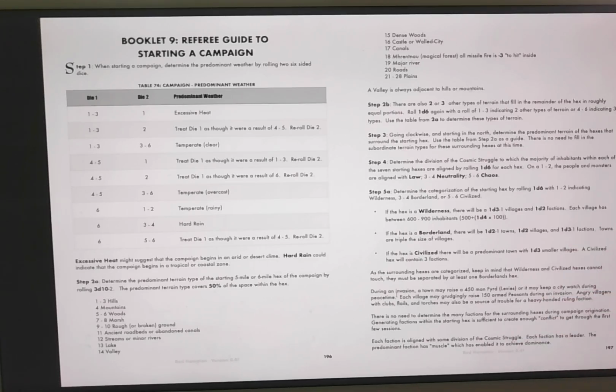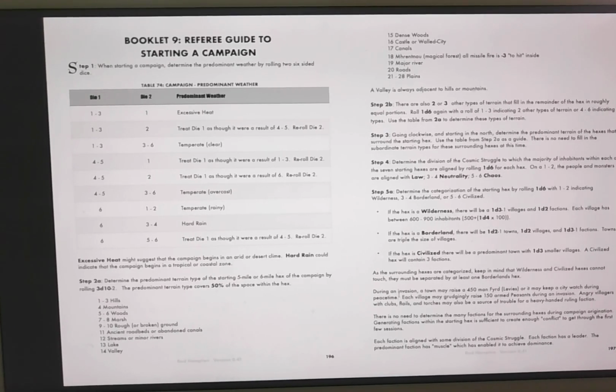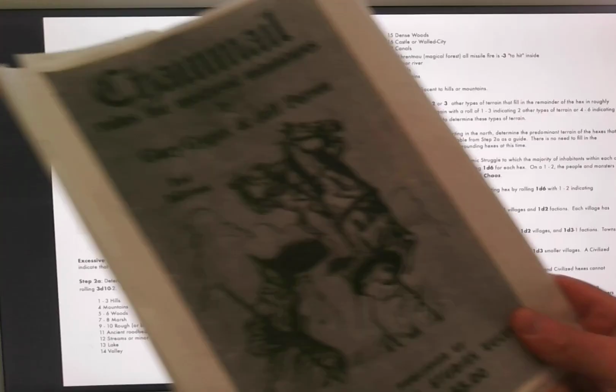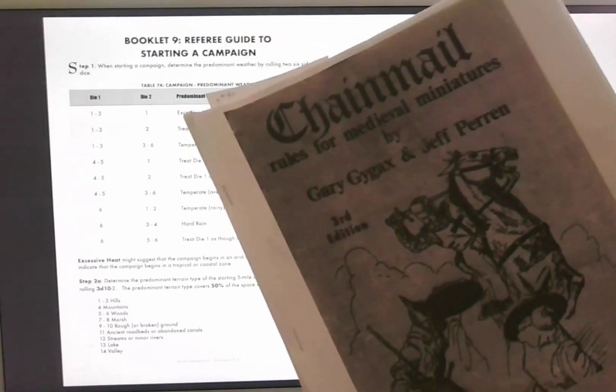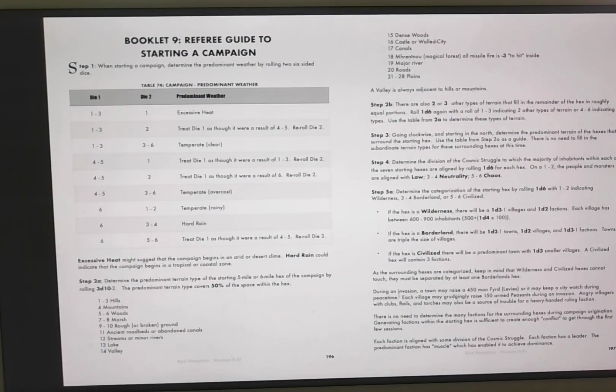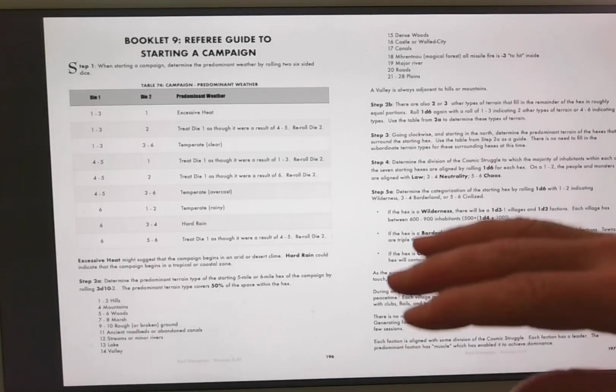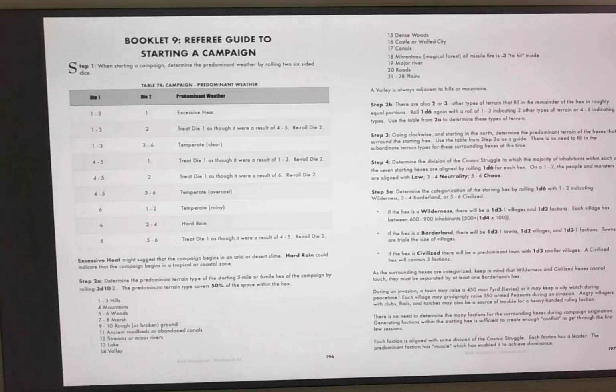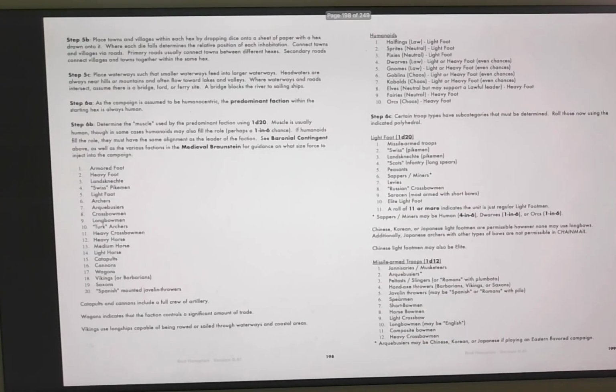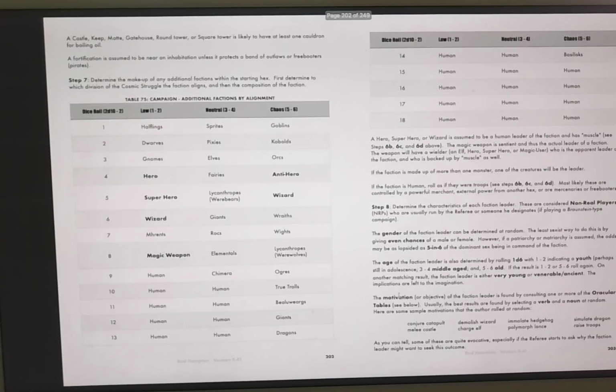So I'm looking forward to that arriving. But I think those procedures must have been later. And I'm trying to get back to the roots. So what could be more of a root than taking Chainmail 3rd edition, feeding this into Claude.ai, and extracting oracles and extracting tables and turning it into a procedure. And that's what I've done here. So this will enable you to set up the terrain, the factions, the weather, and more importantly than all of that,